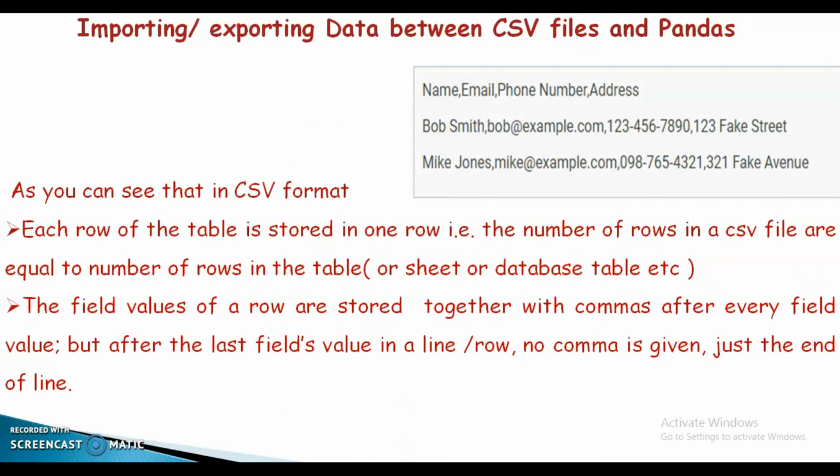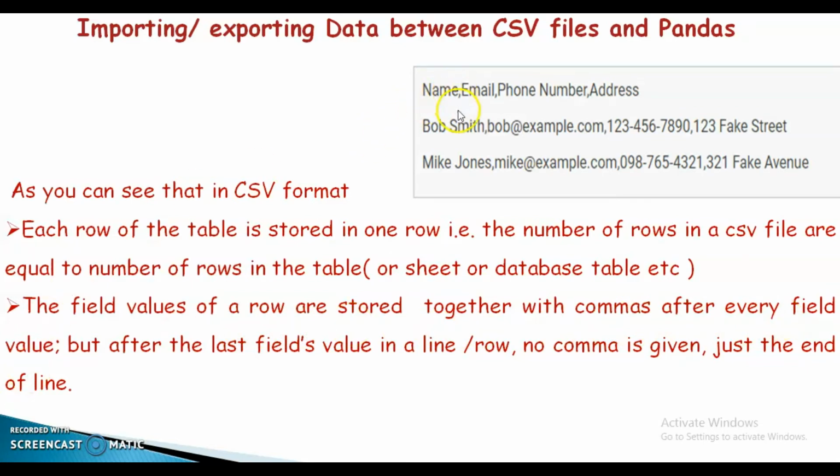As you can see, in CSV format each row of the table is stored in one row. We identified that: name, email, phone number and address are in one row. That is, the number of rows in a CSV file is equal to the number of rows in the table. Here we can see 3 rows, including the heading. The field values of a row are stored together with commas after every field value.